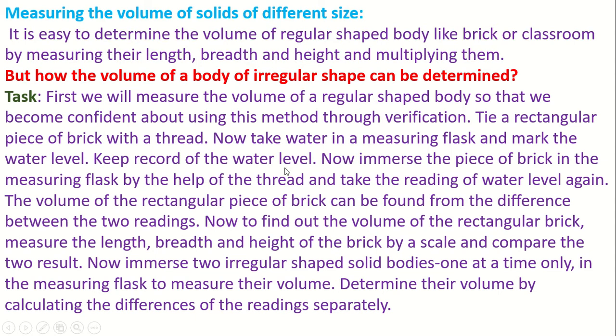So we can do the experiment by using a measuring scale, flask, measuring flask. Before doing this experiment, we will do the experiment by using an irregular shape object in the measuring flask. But we can also do another experiment before finding out the volume of the irregular shape object. We can do one thing. We can take one regular shaped body so that we become confident about using this method through verification. So for that, look